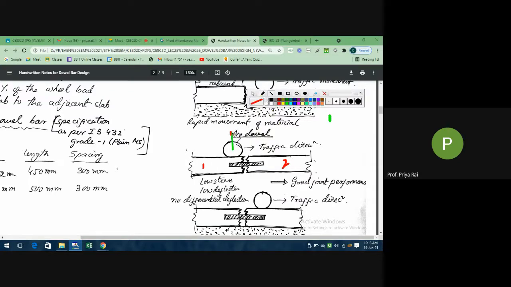This is the P load. So the dowel bar group, not the single dowel bar, the total dowels. If there are four dowel bars, then those four dowel bars all together will transfer some portion of this P load from this slab to this slab. Then what is the portion that has been transferred? What will be the percentage that is transferred by this group of dowel bars from slab 1 to slab 2? What is the percentage?